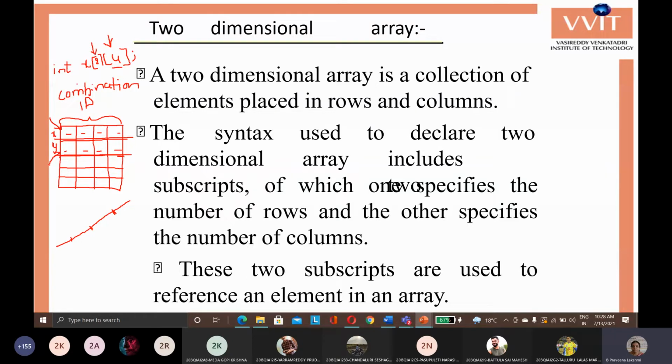Because you can assume that your memory is like this. It's a tape. Memory is just a magnetic tape. It doesn't have any square shape, any rectangular shape, or any other shapes. It has only one shape, like this.